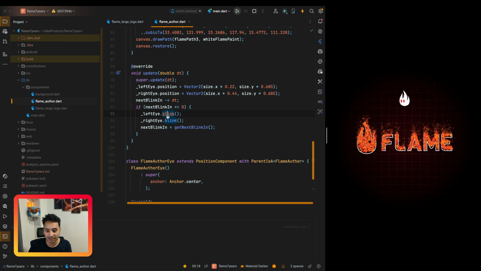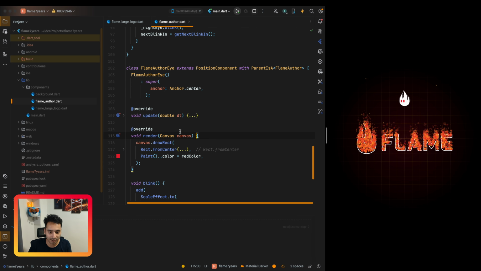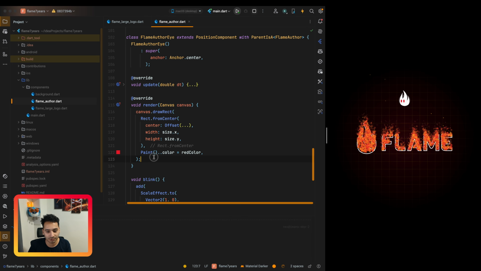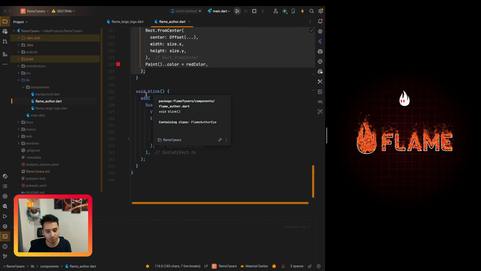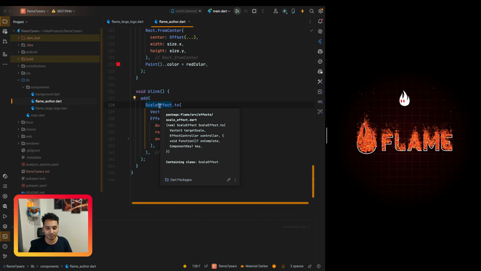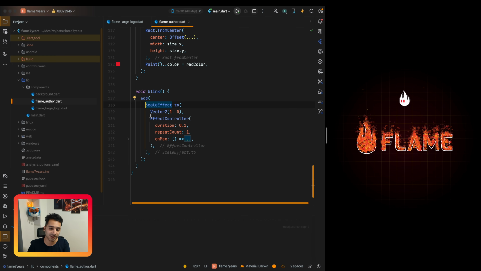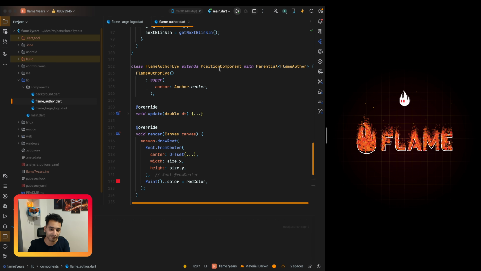The point is that in the blink animation, I just added a scale effect. It is a simple rectangle shape, so as you see here, we have draw rectangle, and when it is time to blink, I add a scale effect. Effects are cool things that modify the component you have. For example, using the scale effect, you can modify the scale property of the component.